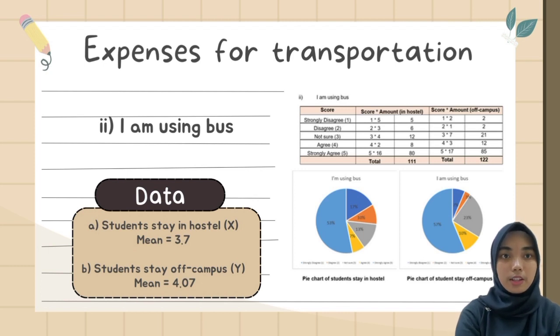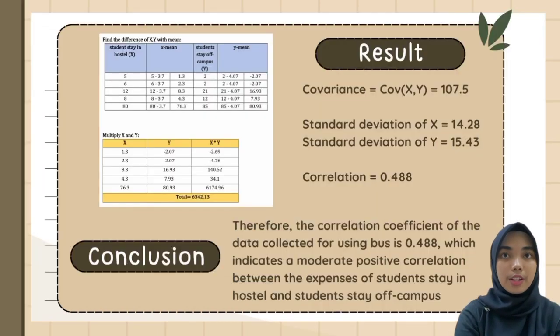This is the table and the pie chart. For the data, the mean for students who stay in hostel X is 3.7 and the mean for students who stay off campus is 4.07. For the result, the covariance of X and Y is 107.5. Standard deviation of X is 14.28. Standard deviation of Y is 15.43. The correlation is